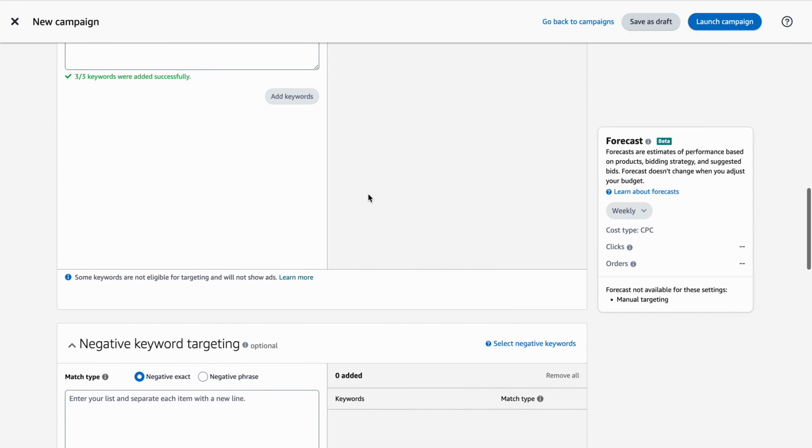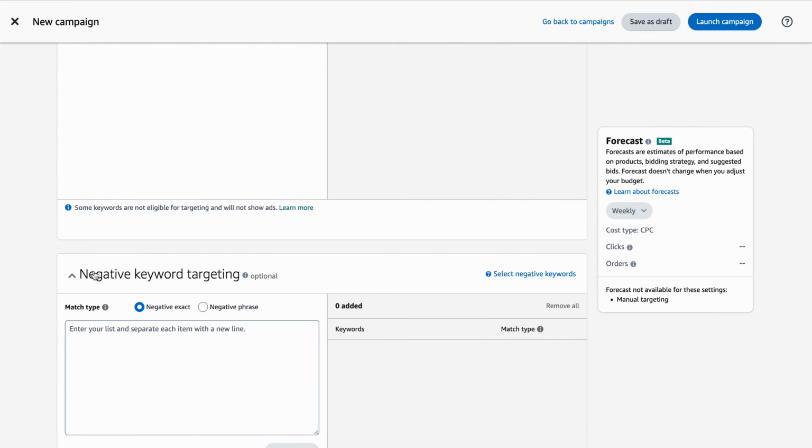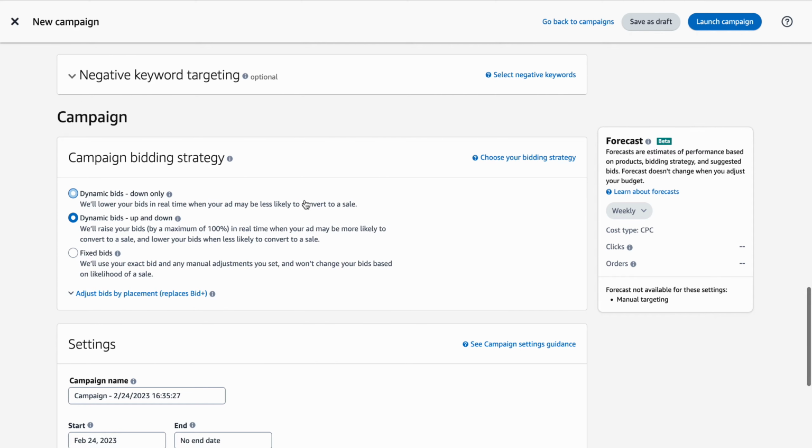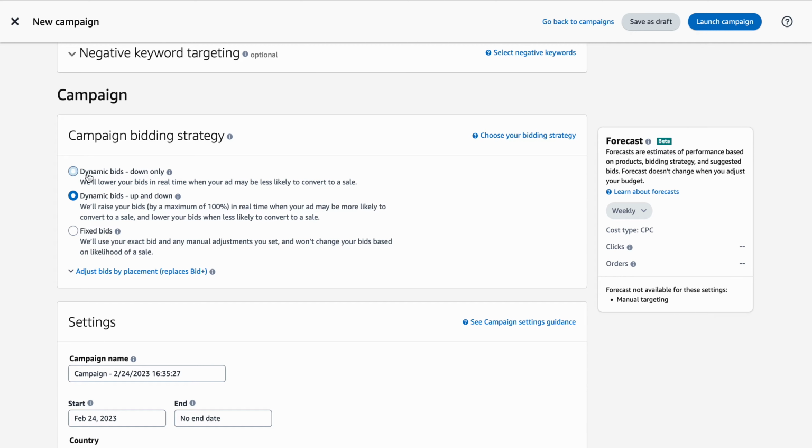Potentially you would put them into the negative keyword targeting, but ignore that to start with initially when you're setting up the campaign, unless you know much more advanced stuff about PPC and you know what you're doing. But in the early days, I'll just leave that alone because we haven't got enough data to enter that yet.